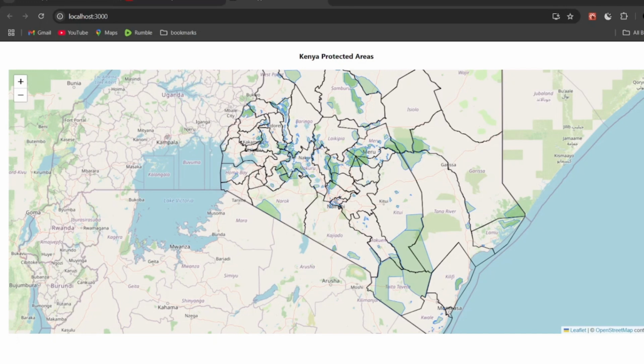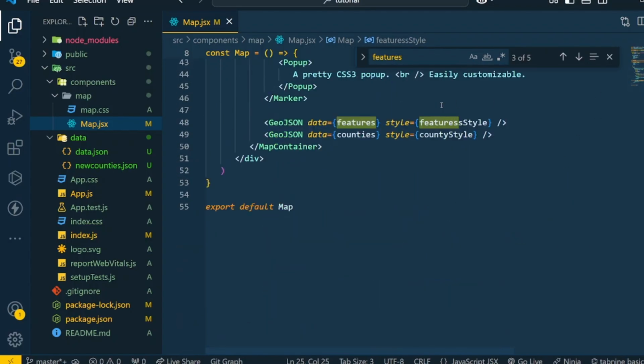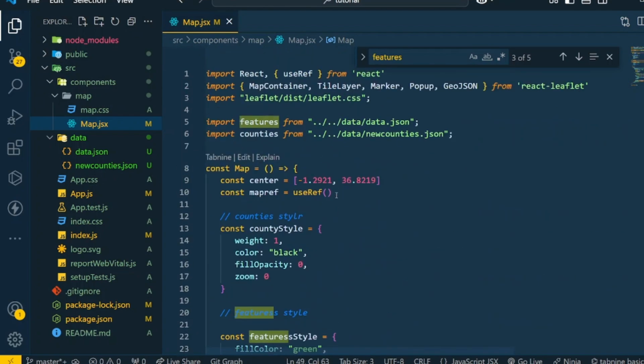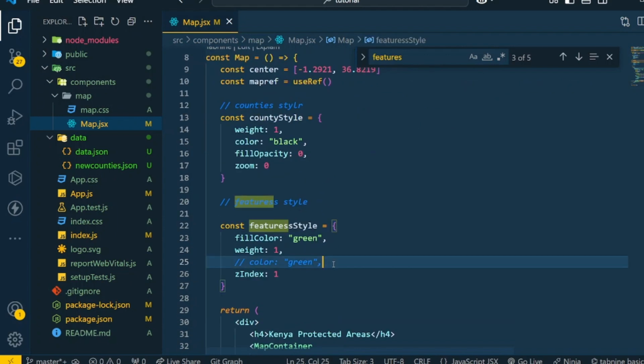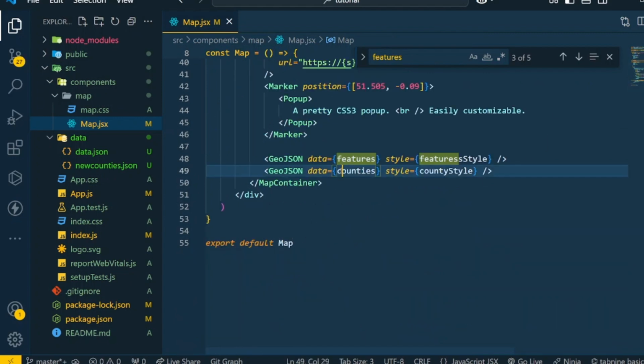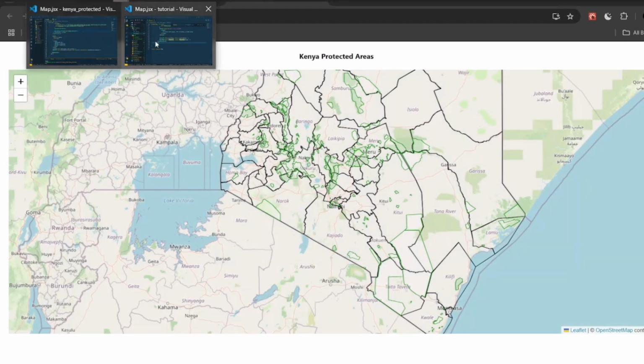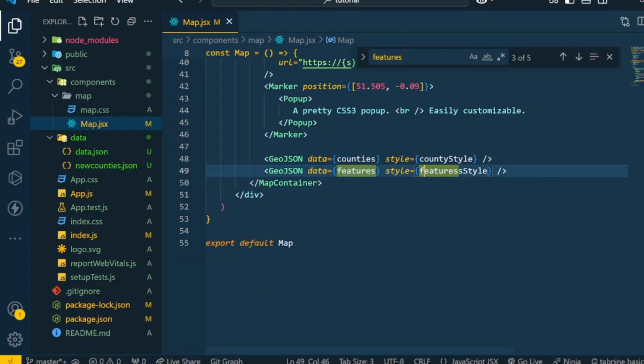Then what about the z index? So I think we need our features to be on top of the counties. So we can edit this. We need the counties first, then the features. That's when we shall see the color. So here we can go back to white, and then this one, then we save. So features, the style,